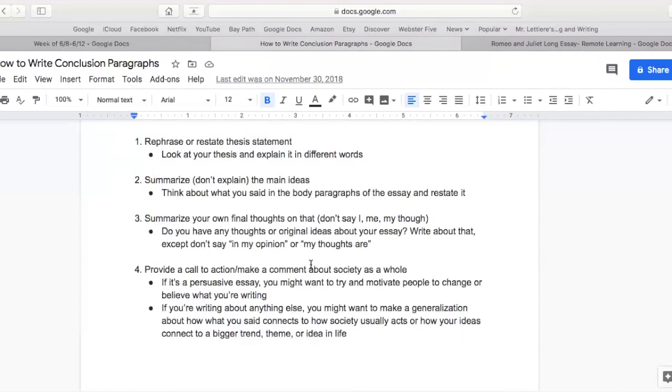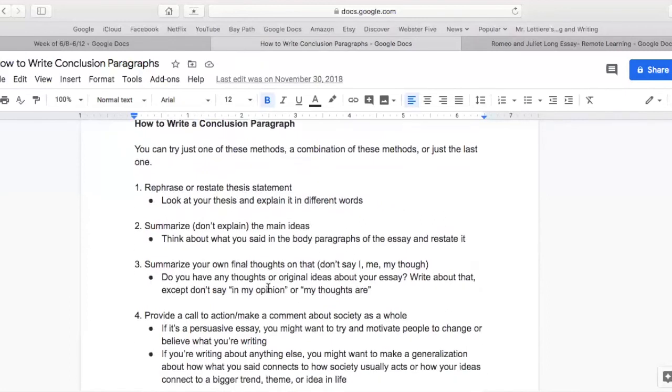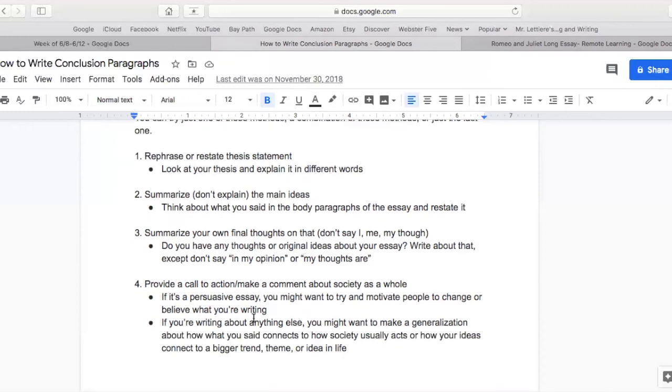So you have a lot of choices when you're writing this conclusion. You can restate your thesis statement, briefly re-summarize what you've already written, or you can give your own opinions and thoughts on it, offer a contradicting opinion, explore the ideas of whatever you're writing about in general, impulsivity, aggression, naivety, whatever it may be, or provide a call to action, make a comment about society. How does this connect to today's world? How does it connect to what was happening 1,000 years ago? How is that similar to today's world? Make universal statements, general themes.